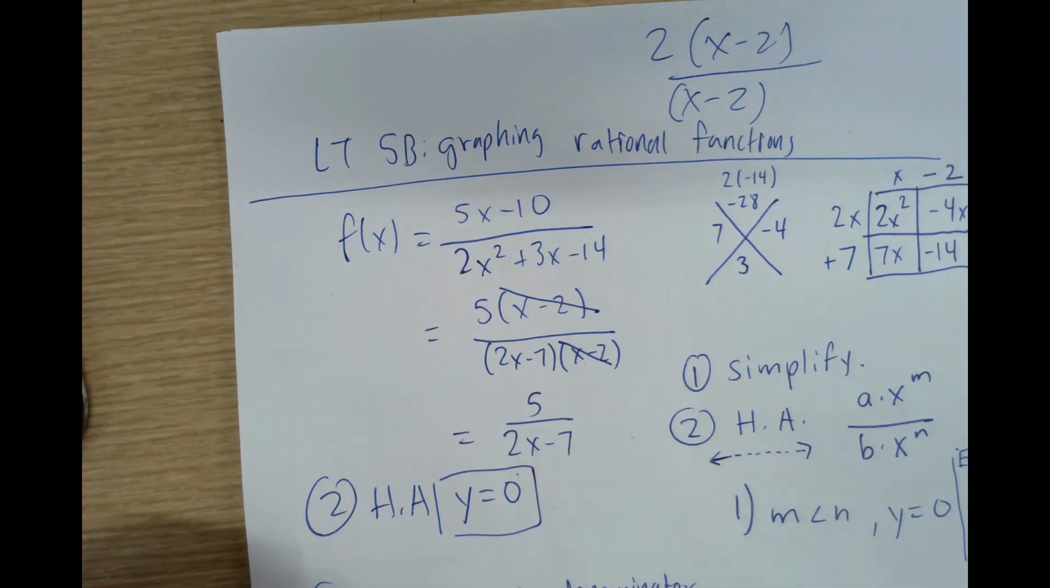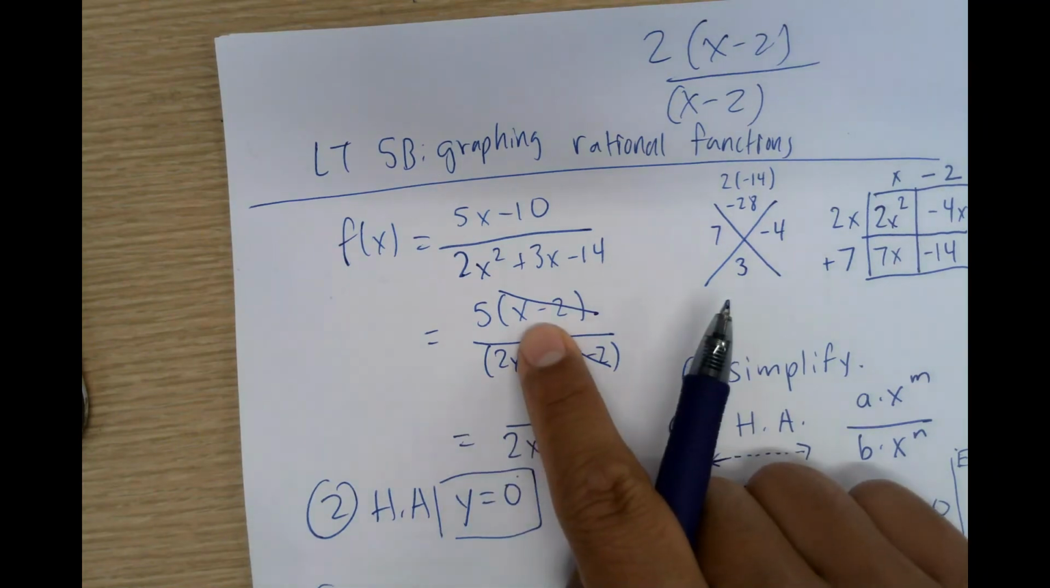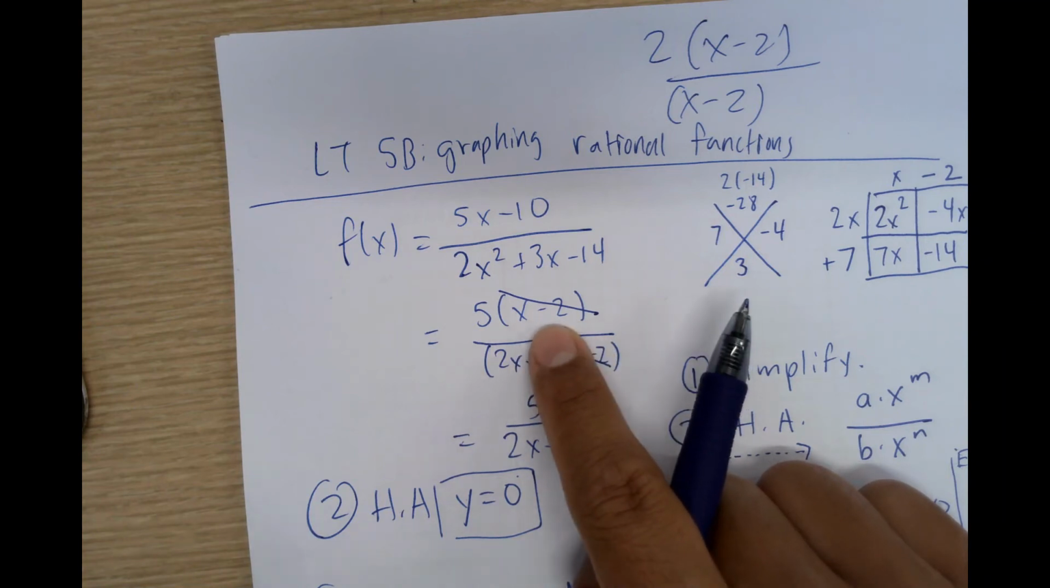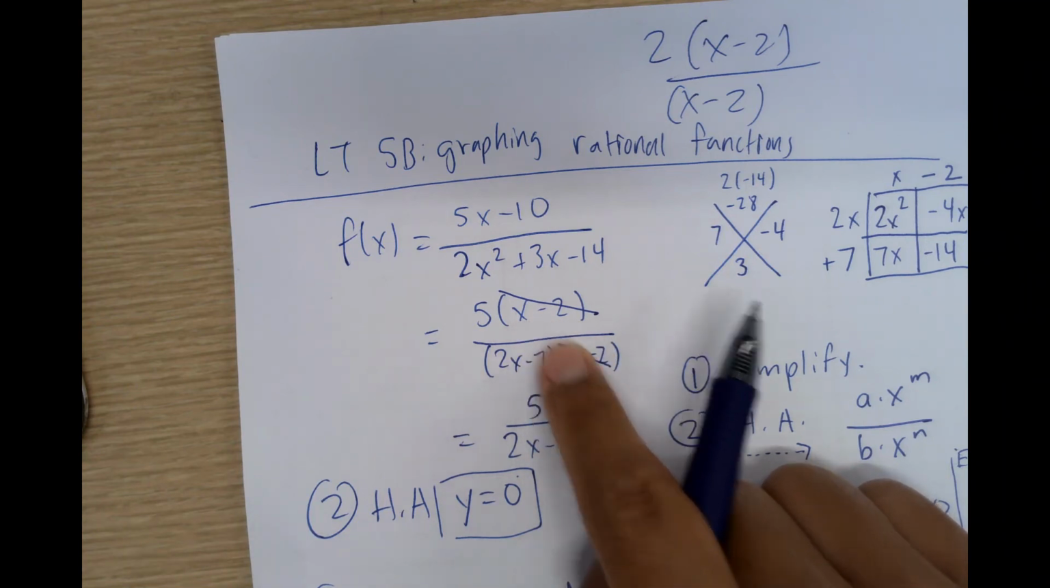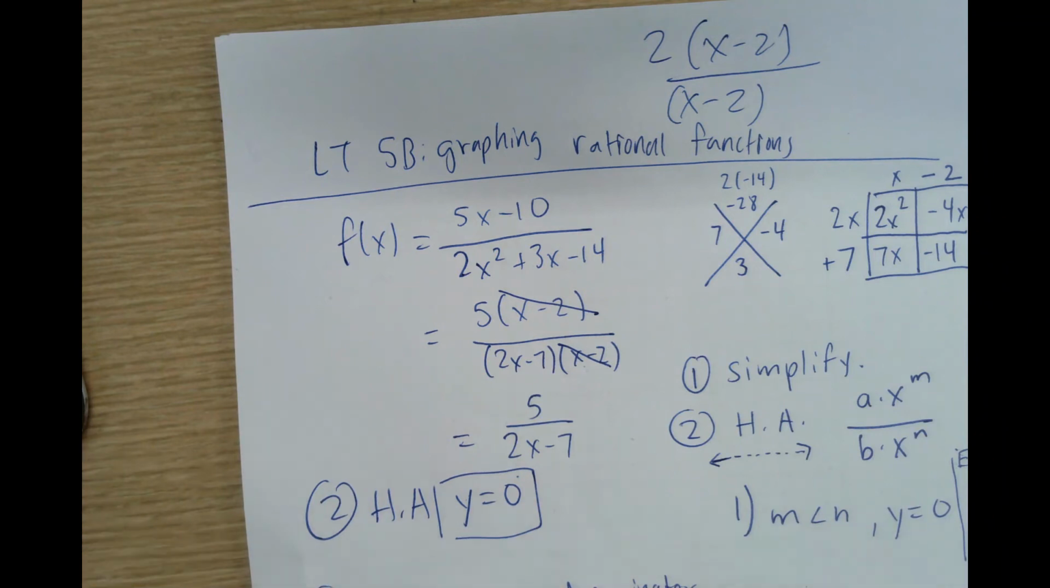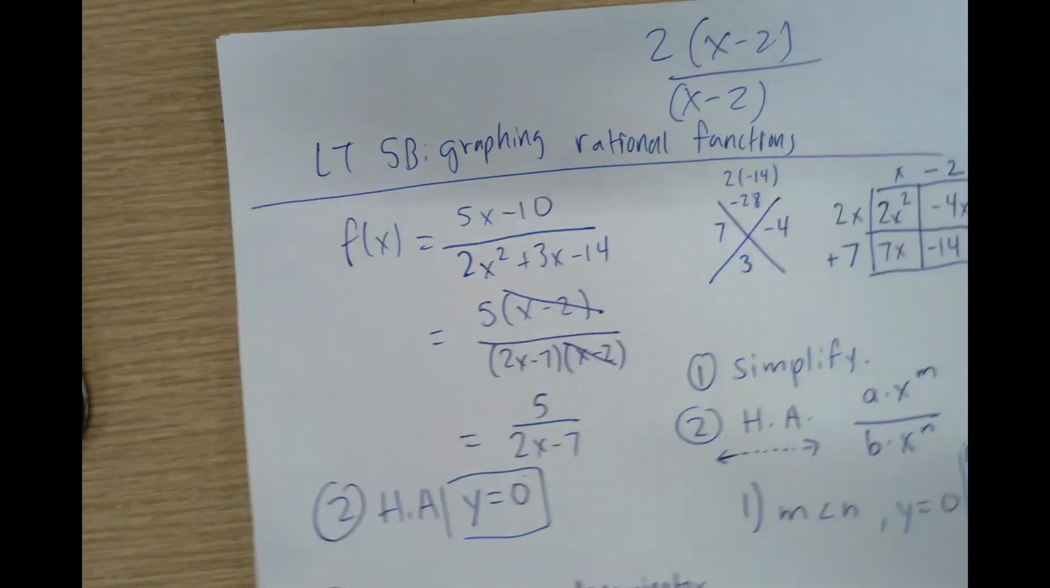When something's undefined, all it means is that when I plug in something for x, I don't actually get a y value. I get nothing. So if you put it in your calculator, you get an error message. So I know that there is a hole at x minus 2, or when x is equal to 2. So I know there's a hole if I'm able to cancel something out. Okay? I know there's a hole if I'm able to cancel something out. So in this case,